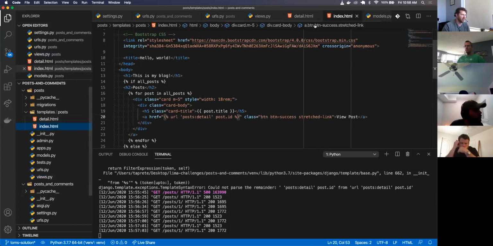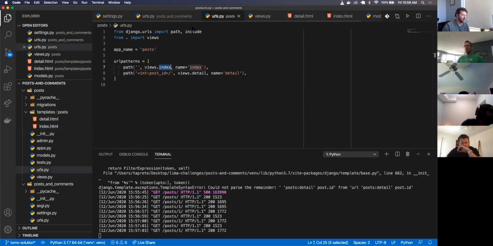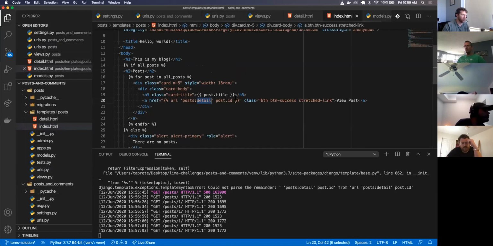We're coming into the index now, the template comes in here. If there's all posts, then render posts, then it loops through just like a normal for loop, for post in all posts, render this right here, which displays the post title, and it also has a link, view post. So if I click this post, this view post goes in the URLs, looks for a route that matches this post detail, comes into here, post detail, passes in that post ID in there,